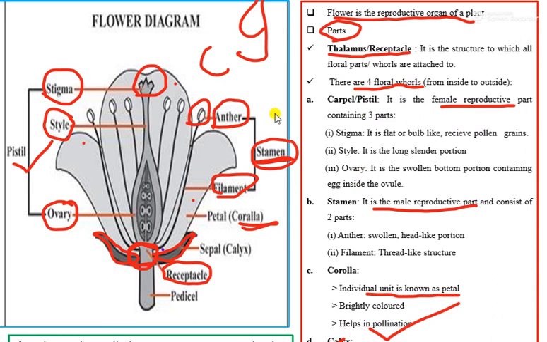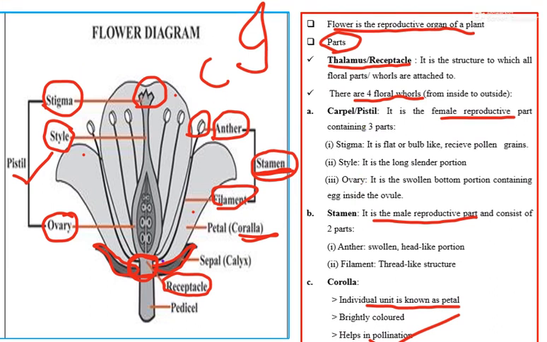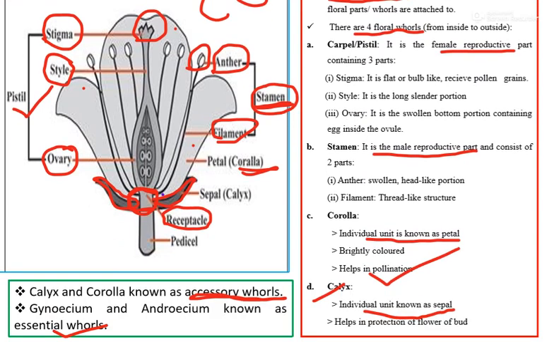I hope you all have understood this. In the next video, since the gynoecium and androecium, or we can say the pistil and stamen, take part directly in reproduction, and our chapter is about the reproduction of flowering plants, we will focus on the development and the structure of these two parts only. We will exclude the topics on calyx and corolla. So let's begin with the male reproductive part, that is stamen, in our next video.